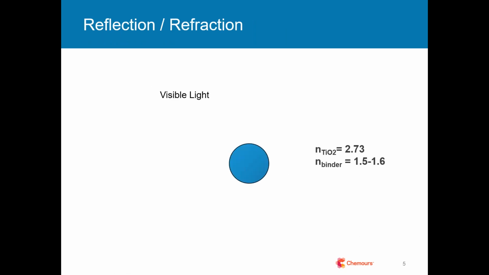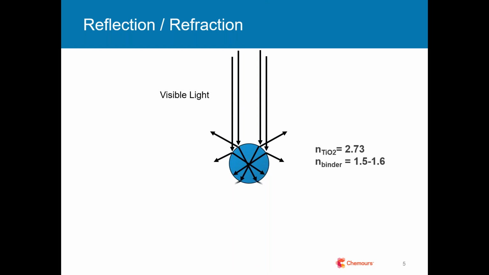To start with reflection and refraction, what's that? It all starts with the titanium dioxide particle. Titanium dioxide is characterized by the high refractive index of 2.7, while the refractive index of a typical binder system is between 1.5 and 1.6. And it's this difference in refractive index that is very important for the different scattering mechanisms, to begin with reflection and refraction. So we have this particle, and if you now add the light,